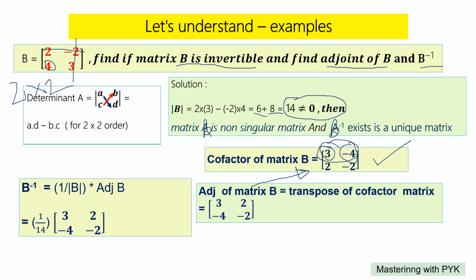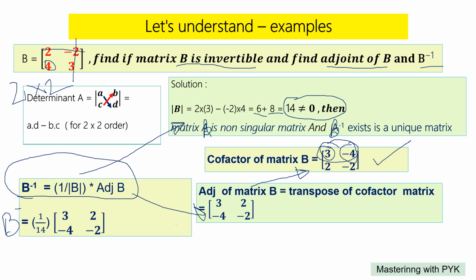So when we say B inverse is given by, this is the new formula which we have to remember. B inverse is given by 1 upon determinant of B multiplied by adjoint of B. So we got the adjoint of B. We have the determinant, that is 14. So the B inverse is